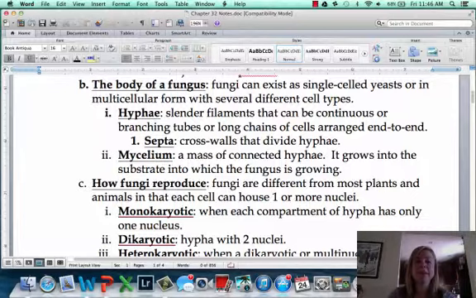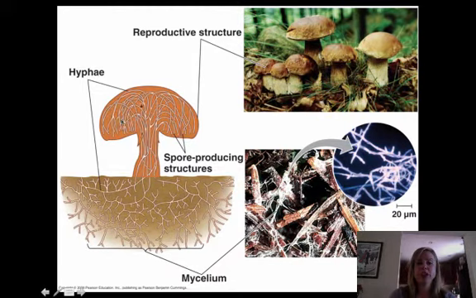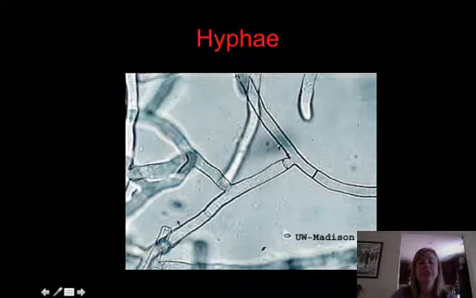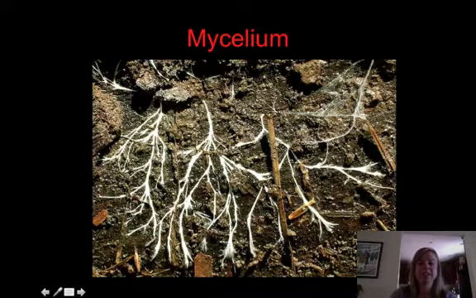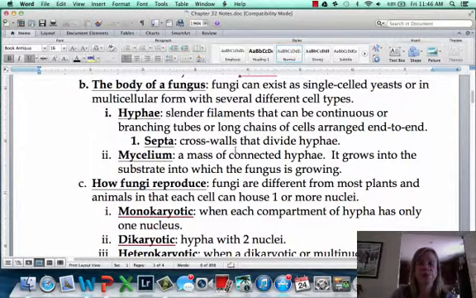Now, what can happen is those hyphal cells can actually grow into a substrate and kind of anchor the growing fungus. And so when it does that, we call that a mycelium. And I believe I've got pictures of this to show you. So yeah, here's your hyphal cells in the mushroom, and then you can see the mycelium growing into the substrate below them. So hyphal cells are going to look like that. You can see some septa, right? And then here's some mycelium tissue growing into a substrate. So that's going to be their kind of body morphology.